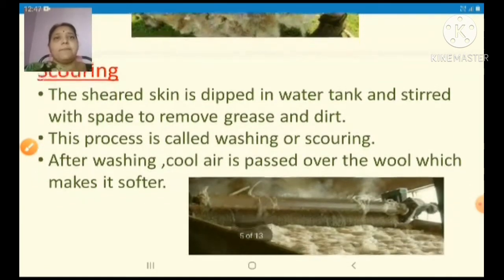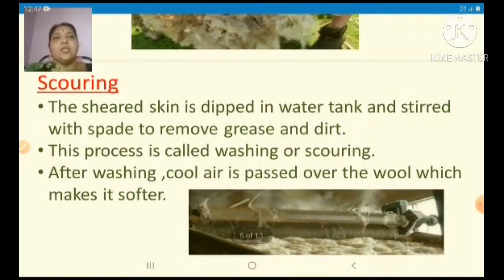The next step is scouring. The other word that we can use for scouring is washing. So the sheared wool is then taken for washing so that the grease and dirt can be removed from the hair or wool.